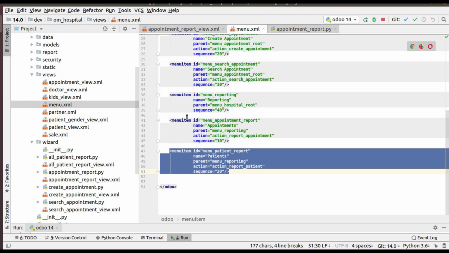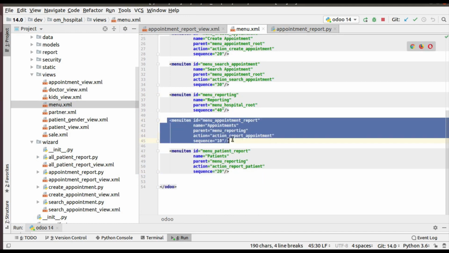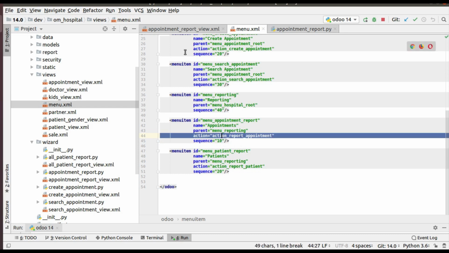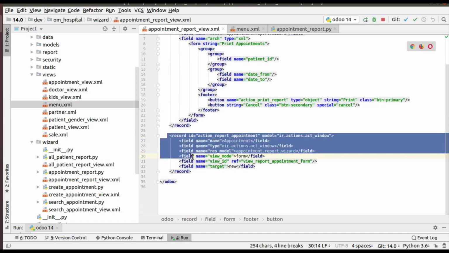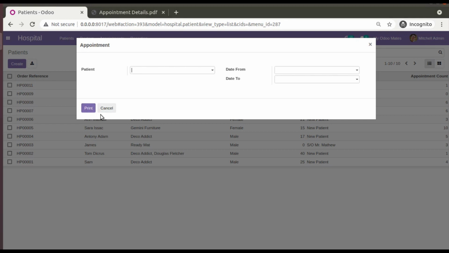Here you can see the menu called appointments under the main menu reporting. This menu appointment calls the action report appointment. So what we have to do is add a new button here called print Excel. Let's do that first.